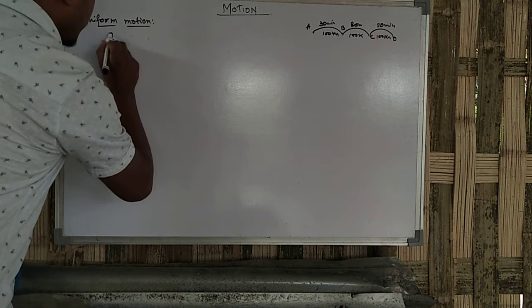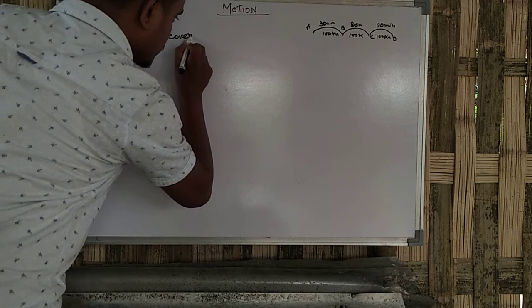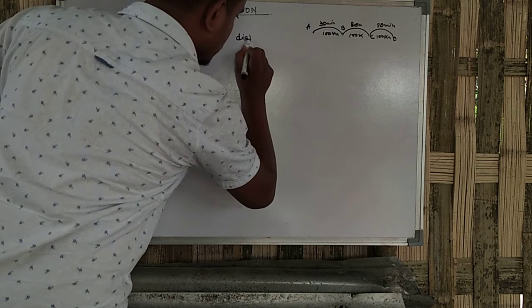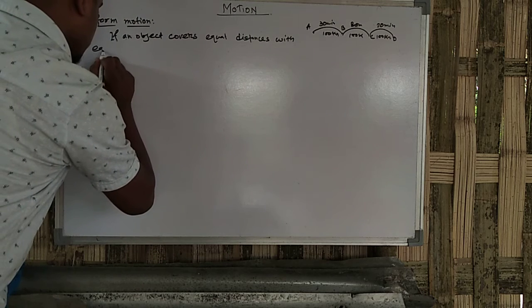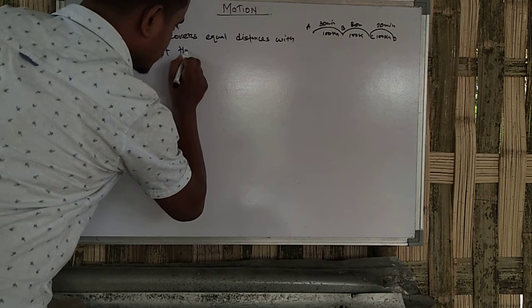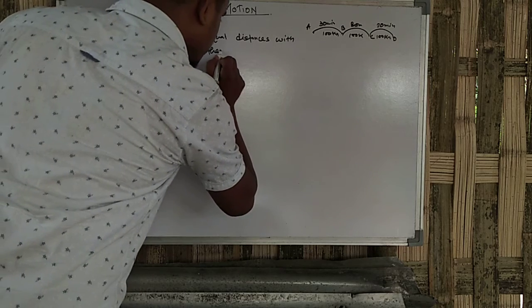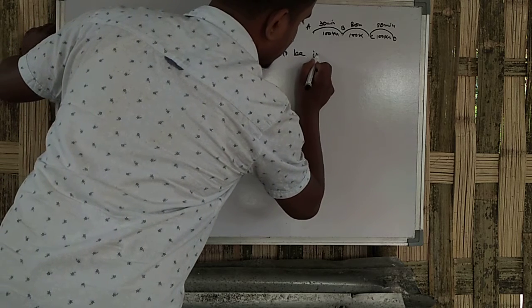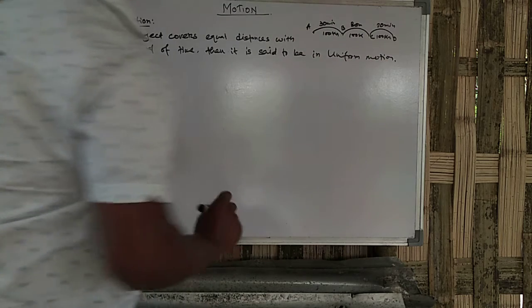So the definition of uniform motion is, if an object covers equal distance with equal interval of time,